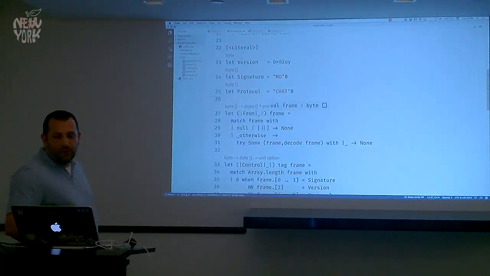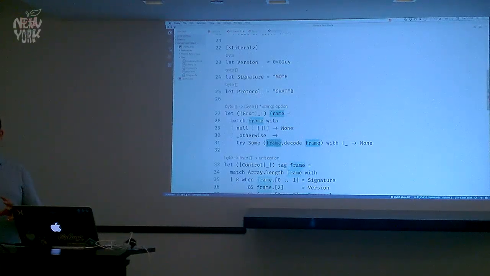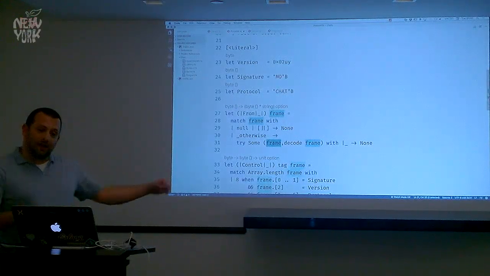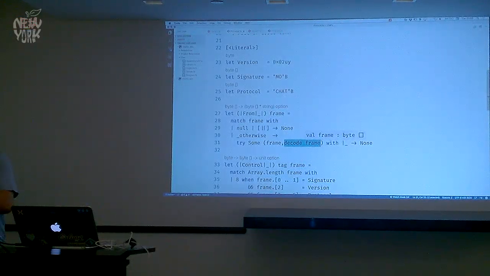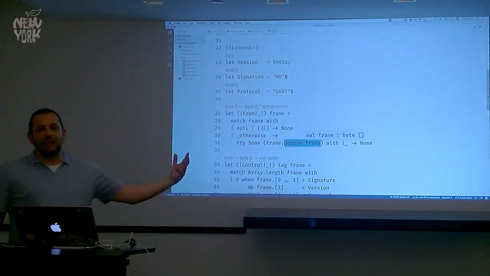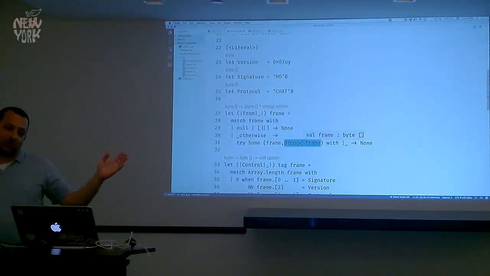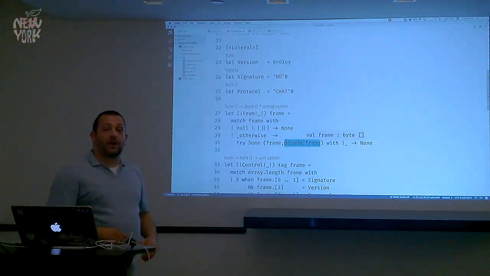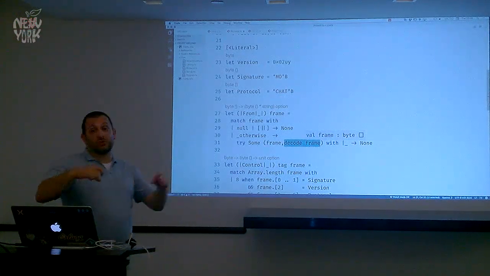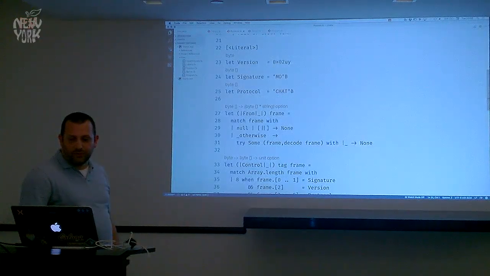So the frame is raw bytes. We need to preserve those raw bytes because we are going to stick that back onto our response to send it back. But we also want to decode those raw bytes into the user's actual handle, because I didn't feel like indexing my map with a byte array, so the key in my map is a string. So we decode from the, this is what you were asking about before, Ashley. We actually take that frame and do something with it and use it as actual data. And so this active pattern just bundles, it takes one thing and basically turns it into a tuple.